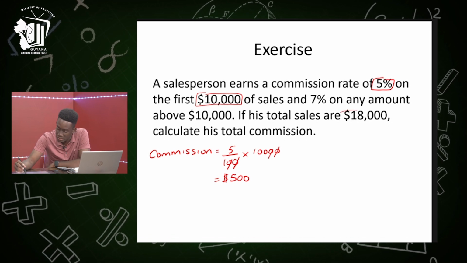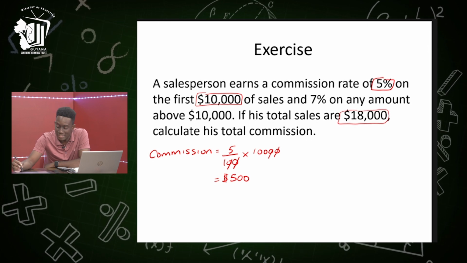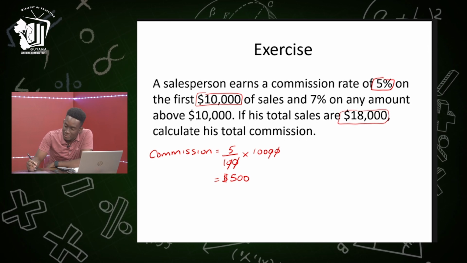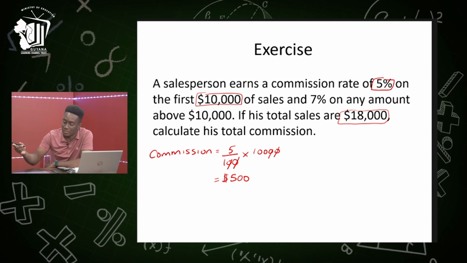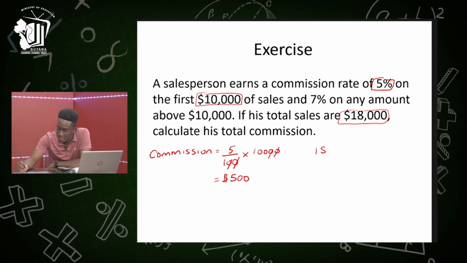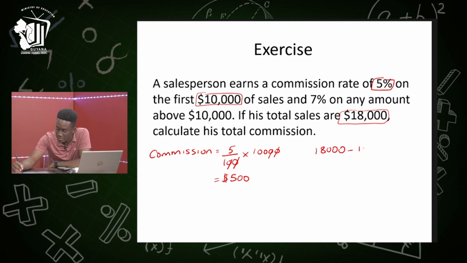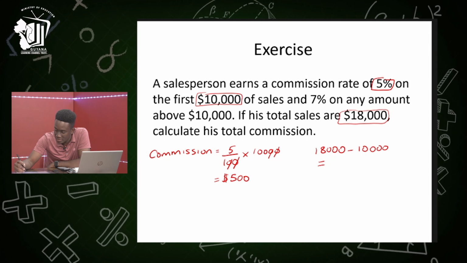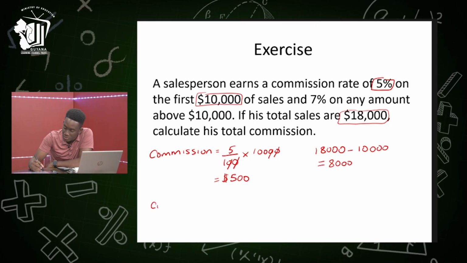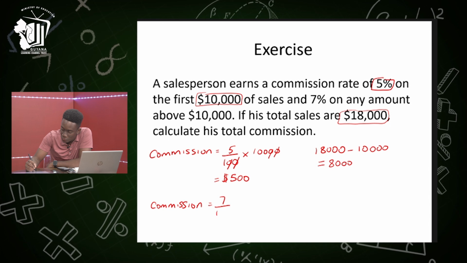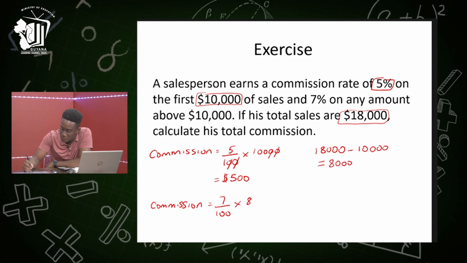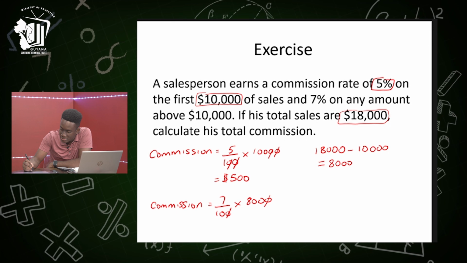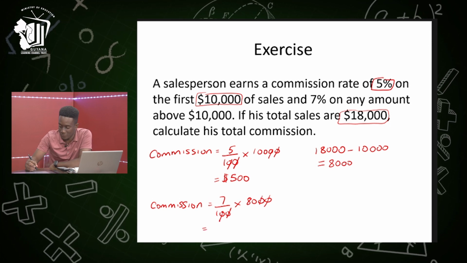So we saw that the total sales he had was 18,000. So we subtract 10,000 from 18,000 to get the remaining part above 10,000. This would be 18,000 subtract 10,000. And that will simply give us 8,000. So now we find 7% of the 8,000. So the other set of commission would be 7 over 100 multiplied by 8,000. So this 0 goes with that 0, this 0 goes with that 0. 7 times 80 would give us